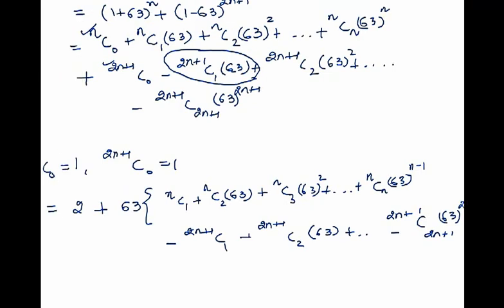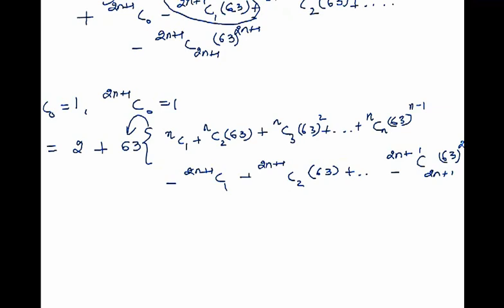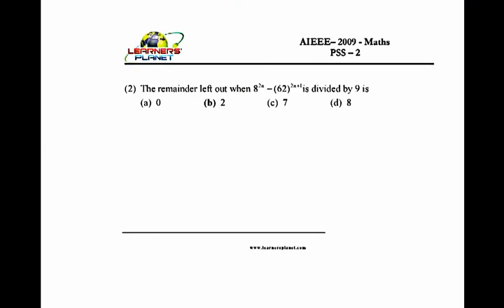Now we can see that the expression inside this bracket will definitely be an integral value, and here it is 63, and we know that 63 is a multiple of 9. So when this complete expression is divided by 9, we are left with 2. So the remainder will be equal to 2. So let us check the question paper, which was the correct option given to us. We can see that it is the second option which is correct, that is option B, for which we get the answer as 2.